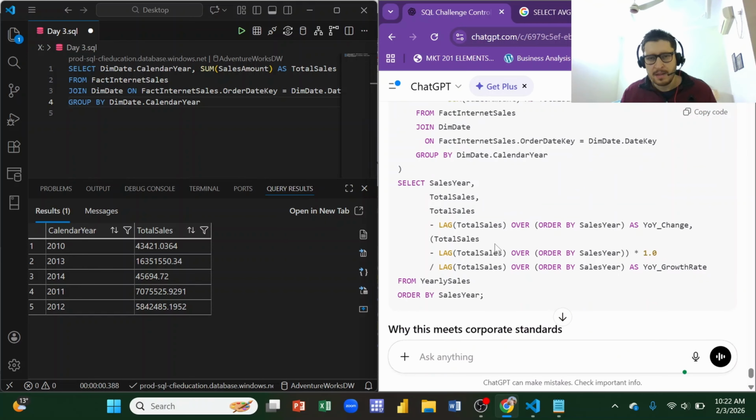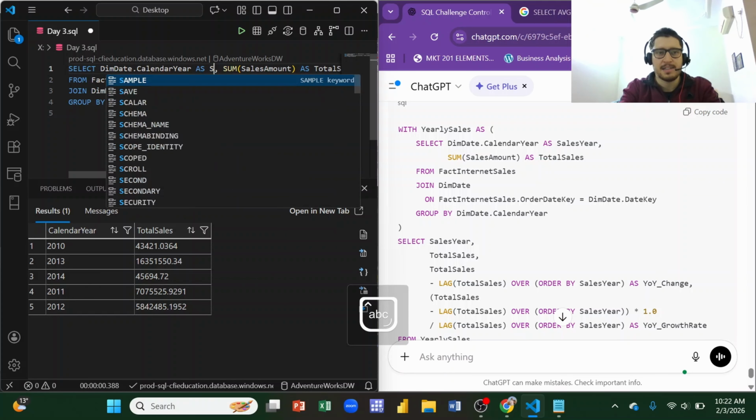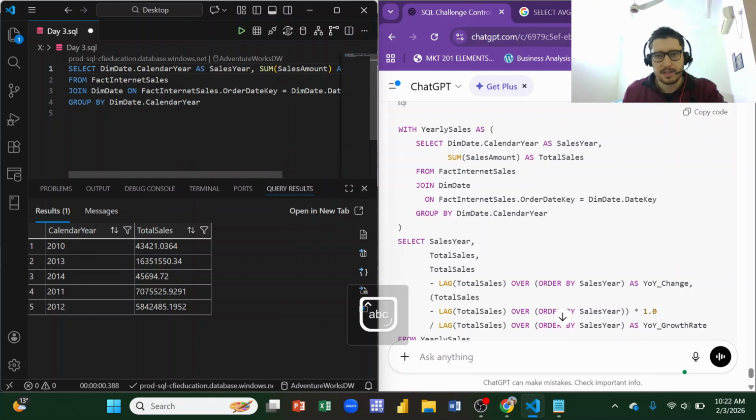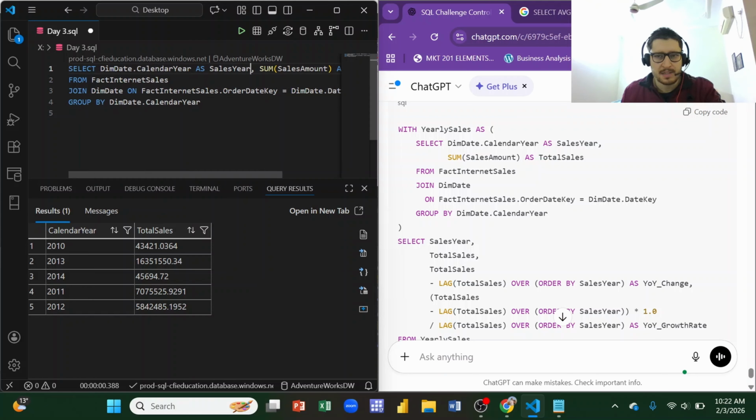Now if you see what was changed a little bit about our code, it was the WITH. So WITH sales AS, select dim customer calendar year. We want to select the calendar year as sales year, fair enough. The sum of sales amount as total sales, it's fine. Dim date, joining them on calendar year, it's everything. The rest is fine. The only thing which we want to do here is right now